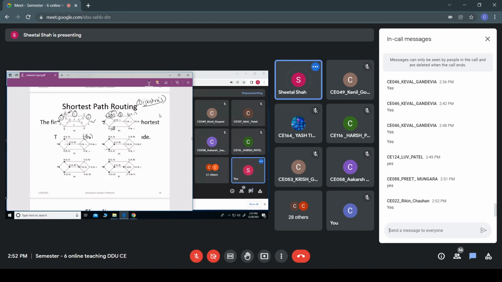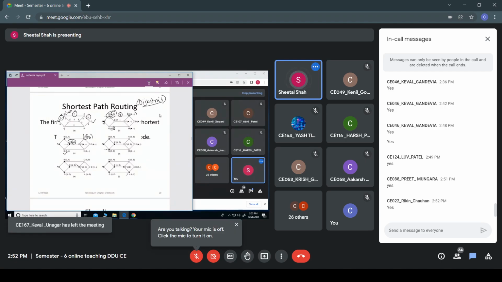Okay, so once this is done, now among these working nodes G, C as well as E, we have found that E is having the minimum value. This is having the minimum value, that is 4. So make this permanent.